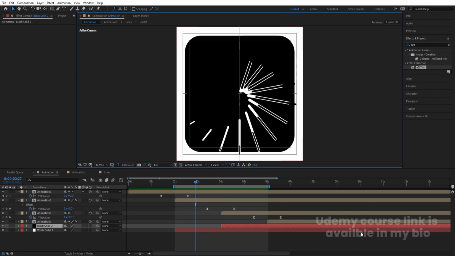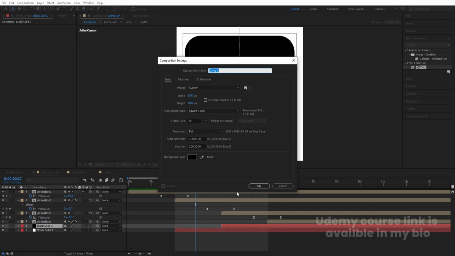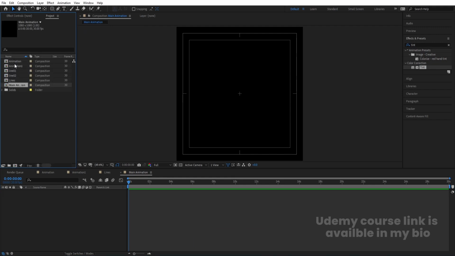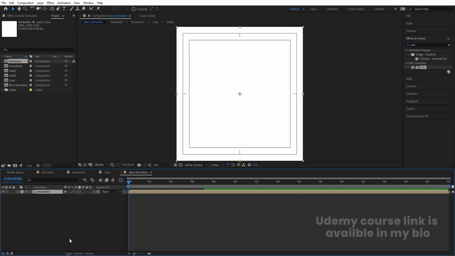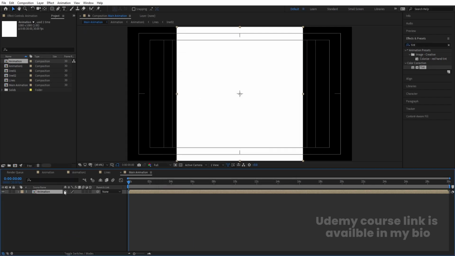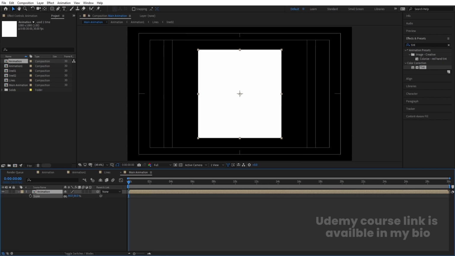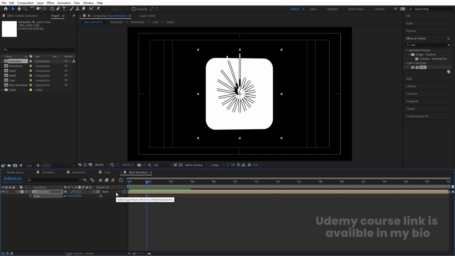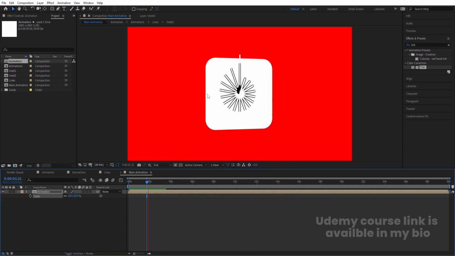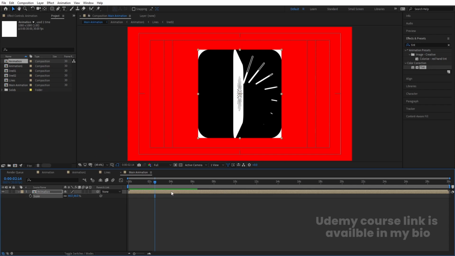And if you want to do another stuff, you can simply hit Ctrl N, and now you can call it main animation and hit OK, and hit Ctrl 0, and you can simply bring your animation comp over here. Sorry, hit Ctrl K. I have forgotten to change the size. Width is 1920. So let's select this, press S for scaling animation, so you will get something like this. Press Ctrl K to open the project settings and change the color of this one to red, so we can easily get this over here like this, and hit Ctrl D to duplicate it,